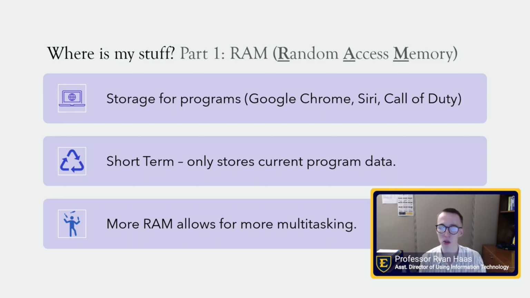So on your permanent storage, this is where Windows lives, or Mac OS. This is why you don't have to reinstall Windows or Mac OS every time you turn on your computer. But when you turn on your computer and it goes through the process of starting up, it actually takes the contents of Windows or Mac OS or Android or iOS, and it loads that operating system into RAM. And that's so that it can operate quicker, because permanent memory is very slow compared to RAM.